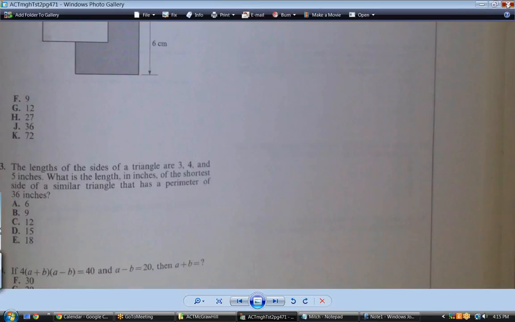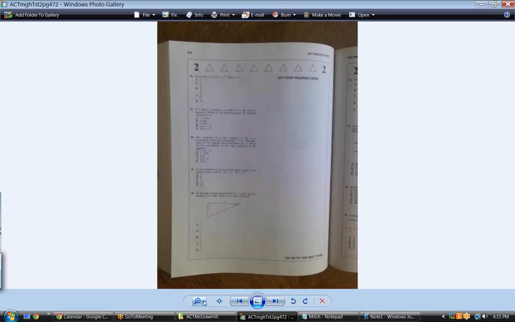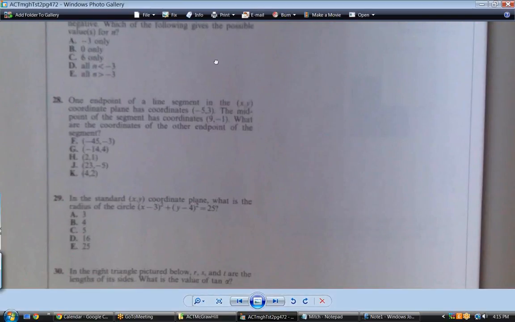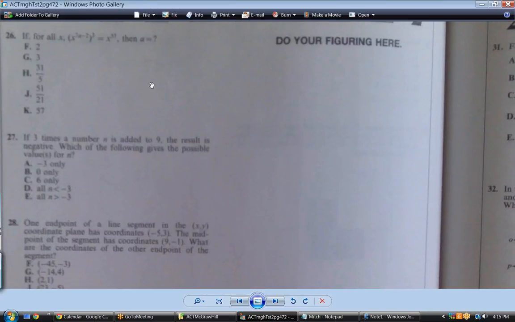Okay. 472. Sorry about the fuzziness here. Oy, I may have to read this one for you. Somebody may have to read it for me. No, I got it. Okay, let me write it so that